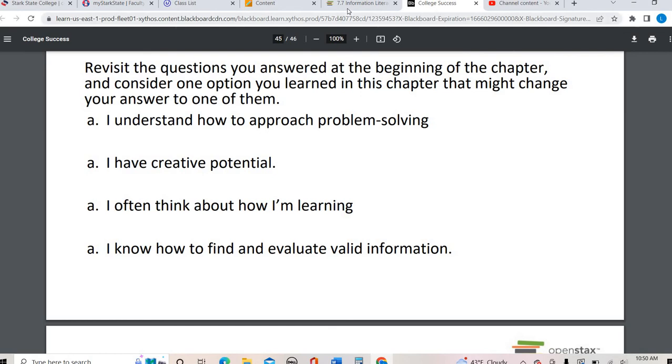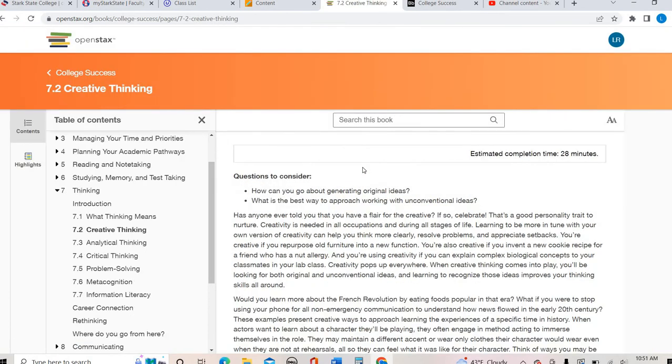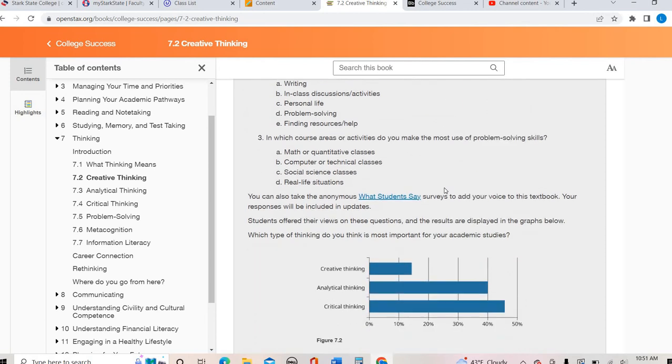Okay, so what I really would encourage you to do is think about the ways that you problem solve and where your strengths are. Are you more of an analytical thinker? Do you struggle with creative thinking? Look at that section and see if there are any ideas on how you can become a stronger creative thinker, a stronger analytical thinker. And then make sure you check out the assignment video that is going to go over the information connected to this chapter.